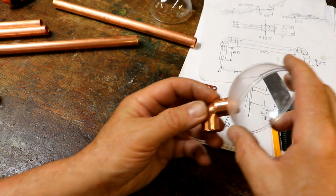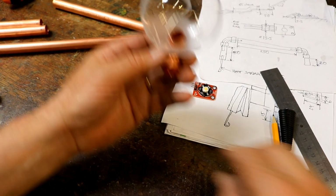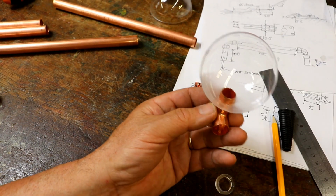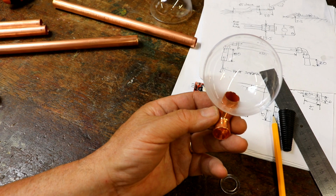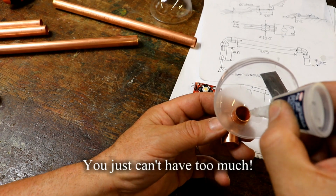I've pushed it into this fitting just so I can make sure that it stays flat. Then I'll put some more glue on it. Oh, it's just so nice. Can't have too much. Alright, that's all nicely round there,